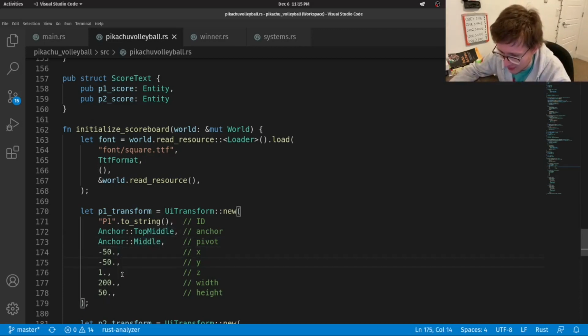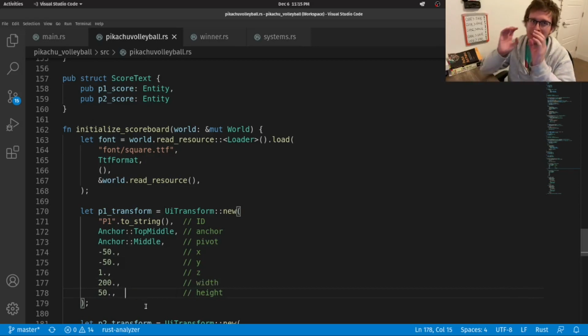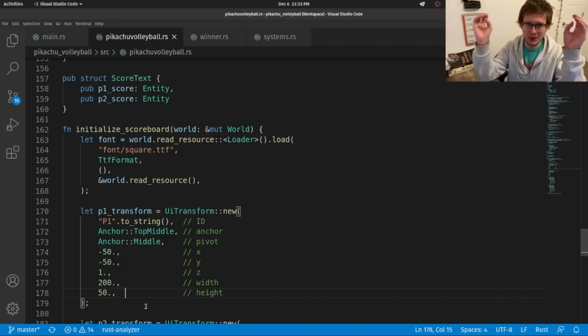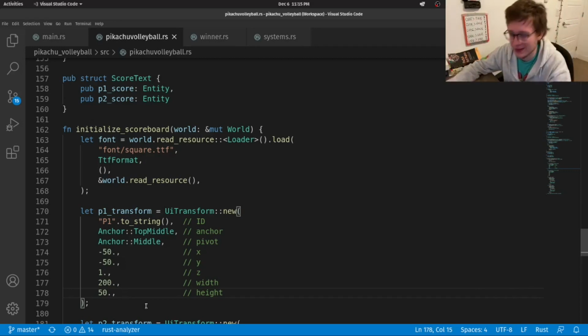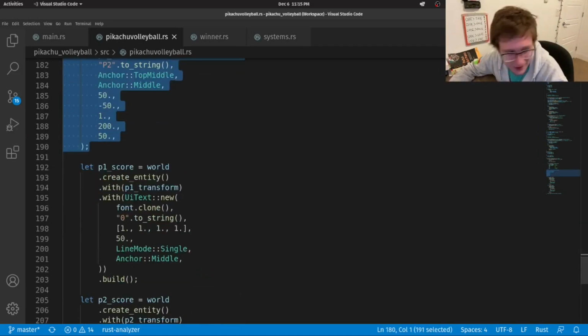We'll set an X. We'll set a Y. We'll set a Z, width, height, and again, play around with the values. Find what works best for you. You know, right now I'm putting it sort of in the middle of the screen, at the top. But I don't know, maybe you want to add to the sides. Try it. See how it comes out. Same idea for here. And then, having the transform, we can create our entity for the scores.